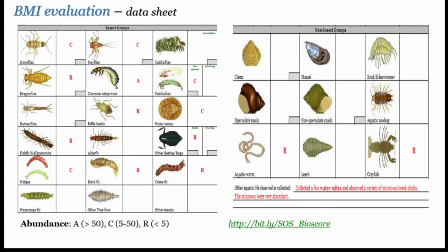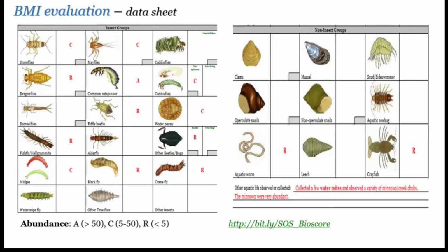Something to be aware of when you begin your identification is that some groups, like stoneflies, mayflies, caddisflies, and some others, have the possibility of finding many different varieties. We call them kinds, also families specifically, are more common in that group. So the data sheet sort of tells the story also. You see the little gray box. That tells you that the possibility of having another family or two is there. So it's something to look for when you're doing your collection.